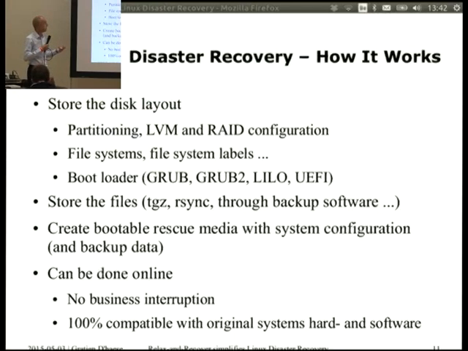It can be NFS, you can use tar, rsync, etc. Then you have to create your bootable rescue image. So it will copy, in fact, all the nice executables that it needs to recreate your computer after failure. So everything will be on one image. And it's all the executables and the libraries from your live system. So there is no problem that it cannot work, because they're coming from the same source, in fact. So there is no problem with libraries and stuff like that. Already mentioned, everything is done online and it's 100% compatible. Well, if it's from the same source, that's logical.